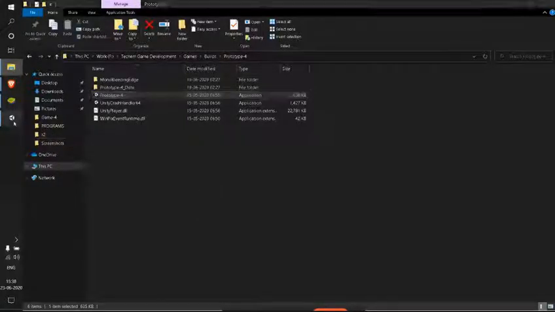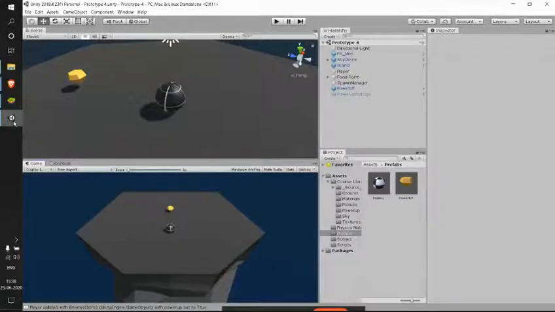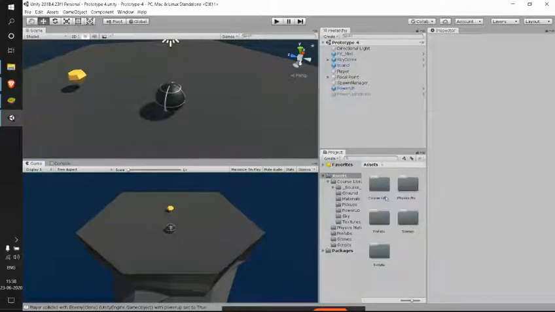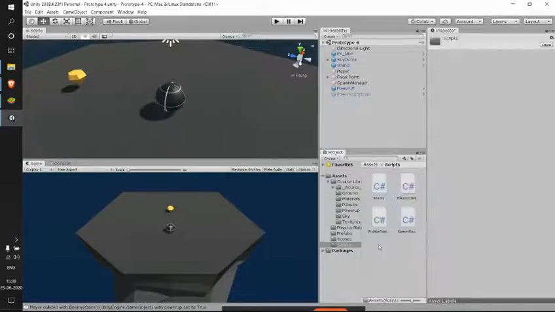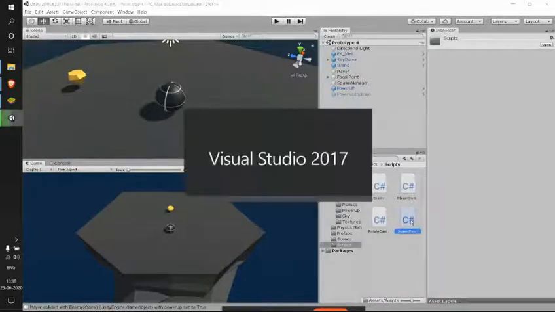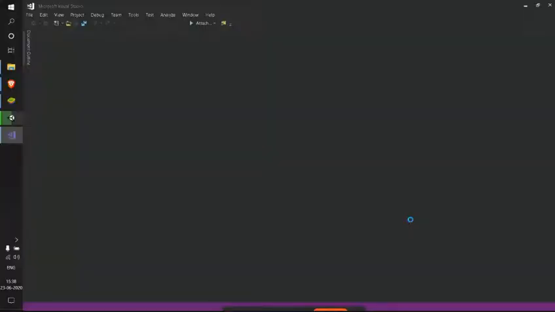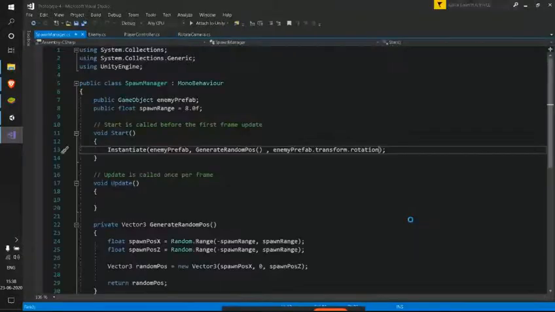So let's get started. Here we want our enemy to spawn multiple times, right? So first let's go to our spawn manager and see, in the start we have this instantiate enemy prefab only once.